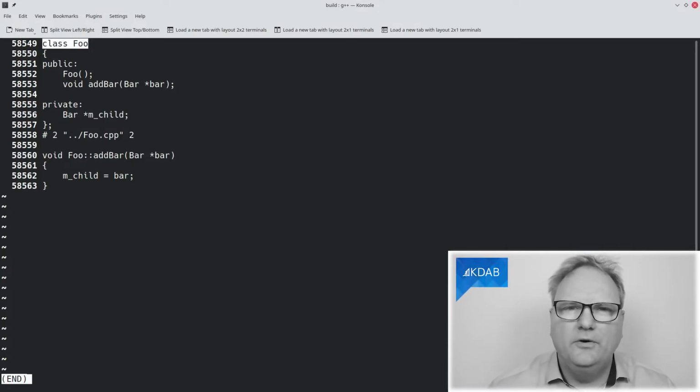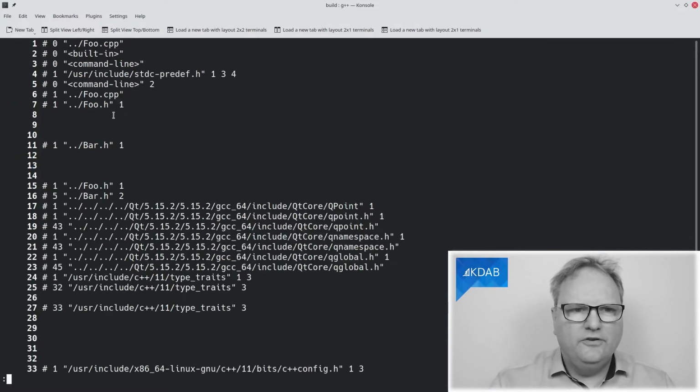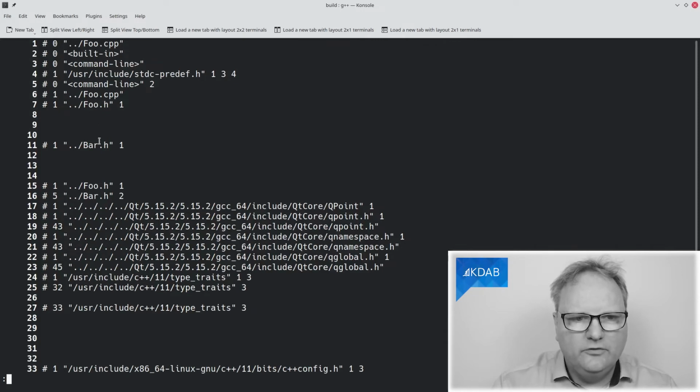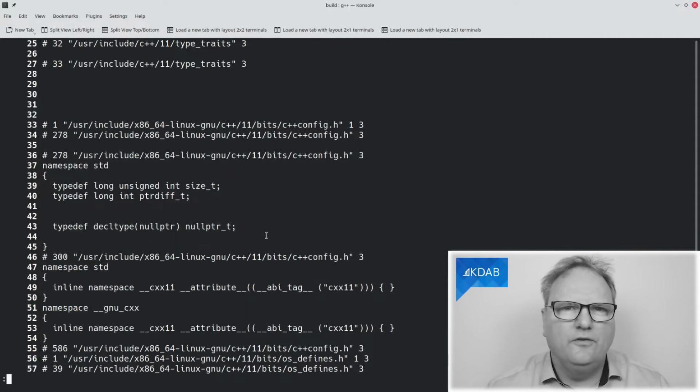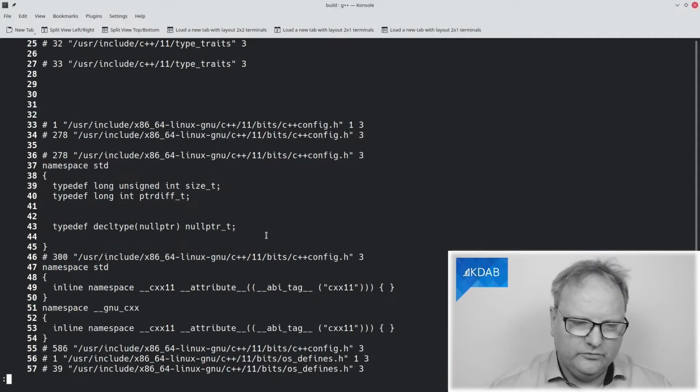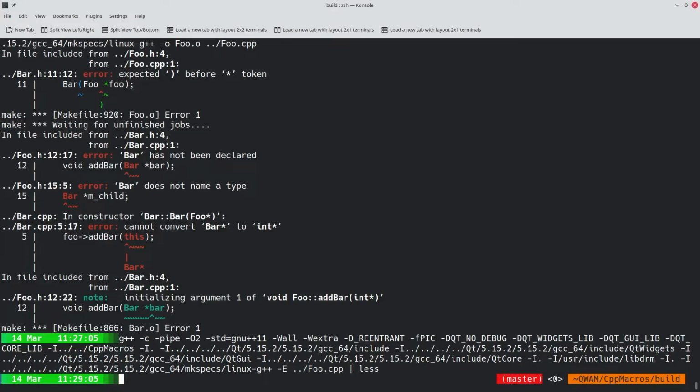Well, I can't remember the number, but way further up in the file, I had the definition of bar where I was using foo. And if we want to look further in, I can see that I'm in foo.cpp on the start of it. It includes foo.h. So now I'm over in foo.h, which includes bar.h, and then we'll stop here, and I'm now going through bar.h and include all of those things. Very useful. So simply compile your stuff and replace the -o and file name with a minus capital E.